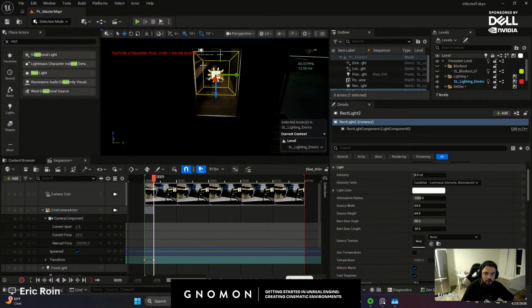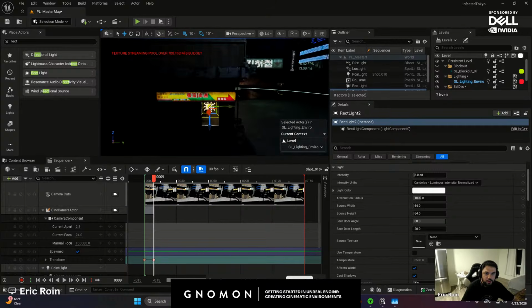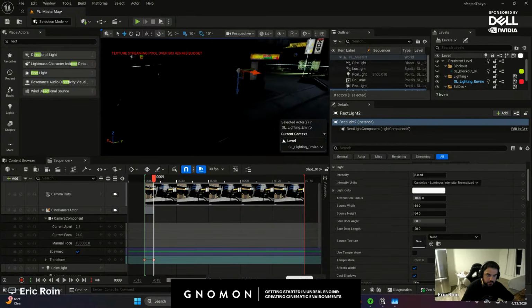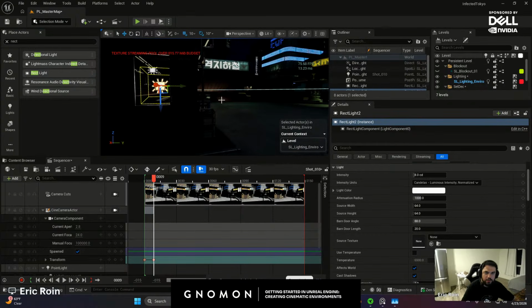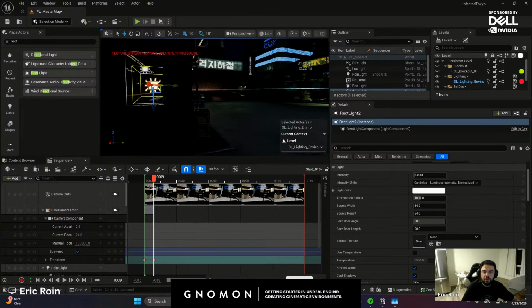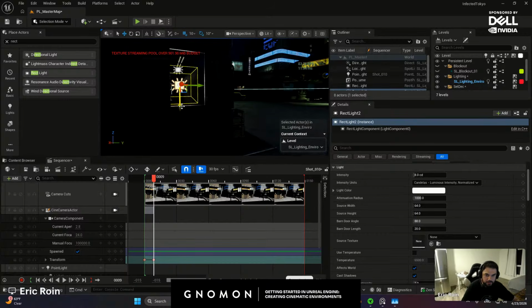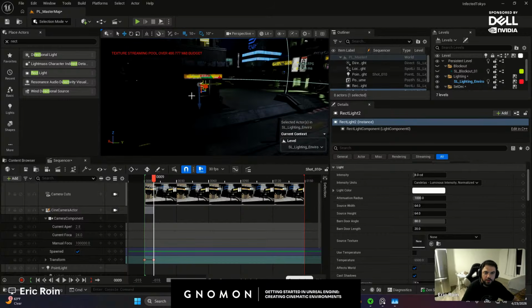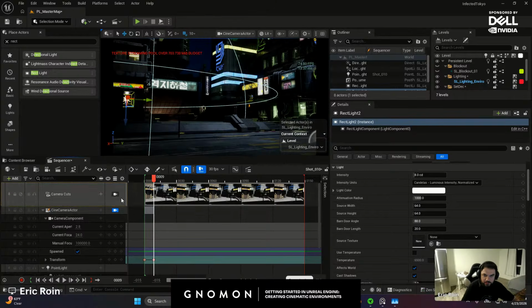Yes, you can see my memory is taking a load as more and more gigabytes are needed. And that might result in some textures being a bit blurry or muddy, but it's also probably partially because I'm streaming. So I'm not really too worried about this console variable. I know it can happen pretty often, but as long as my textures show up, it doesn't really affect the look. Okay, so I have that window light placed.